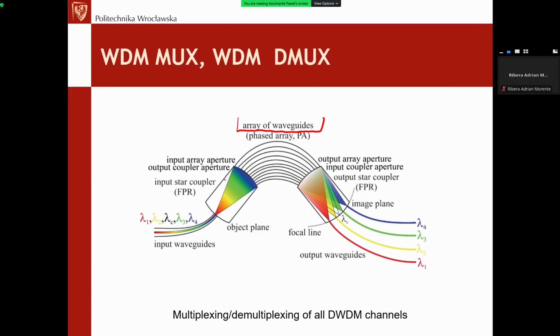It is made in planar fiber technique. I showed you these planar fibers. They are more or less similar to a printed circuit board for electronics. For optics, we can produce such structures. For example, the Mach-Zehnder modulator is